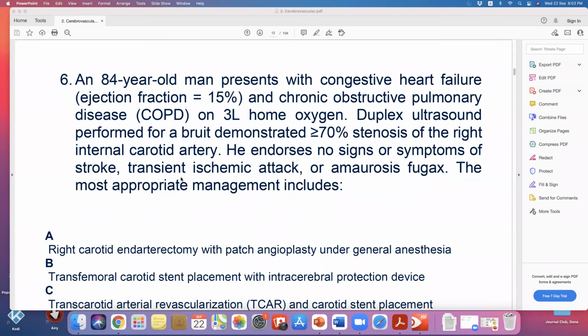An 84-year-old man presents with congestive heart failure, ejection fraction of 15%, and chronic COPD on 3 liter home oxygen. Duplex ultrasound performed for a bruit demonstrated more than 70% stenosis of the right internal carotid artery. He endorsed no signs or symptoms of stroke or transient ischemia. The most appropriate management includes, and this patient is